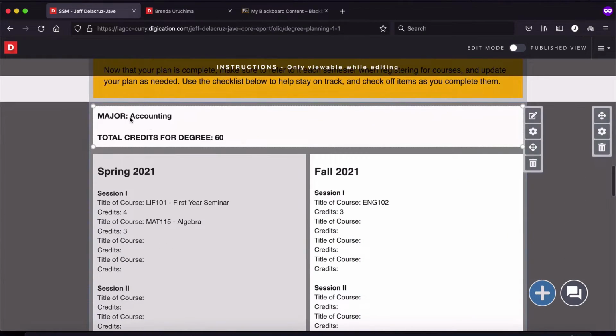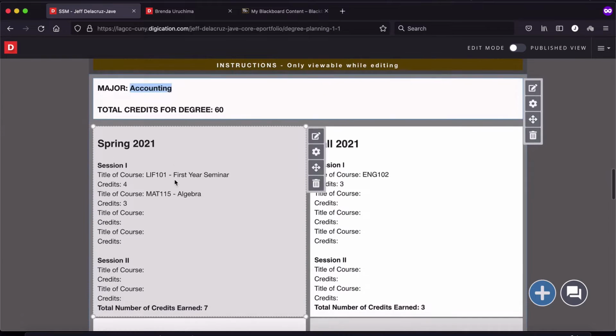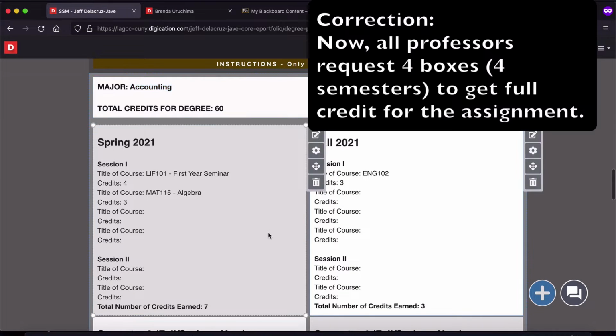And here you will need to make sure to write your major, and you will need to fill out these 2 boxes. The first box is with your current semester and the second box is with the following semester. One more time, let me repeat it. The first box is with your current semester and the second box is with your following semester. So here you will need to write all the classes that you are taking. So currently you are taking